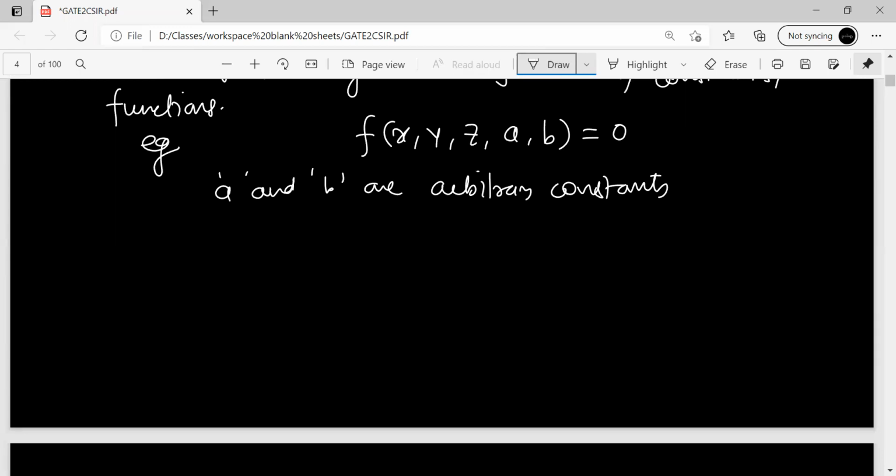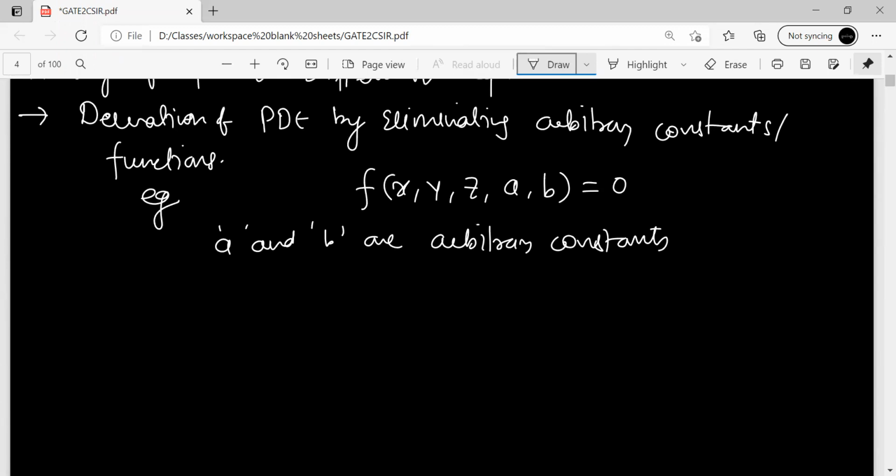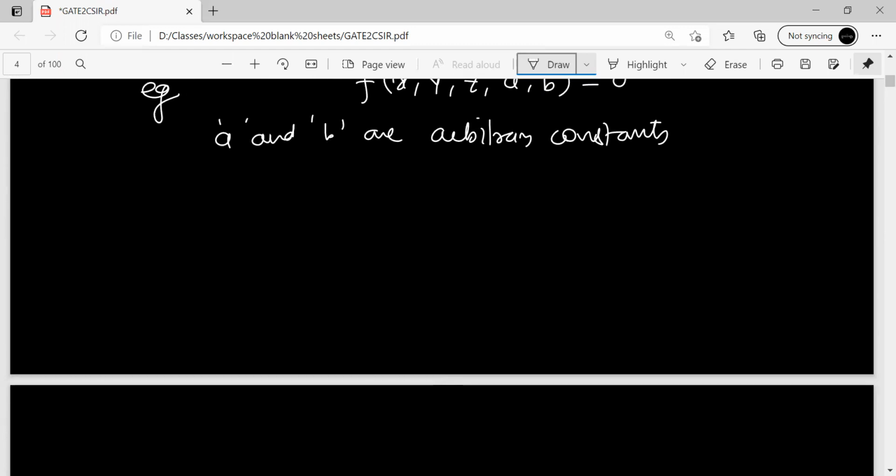So let's say I have an equation of this type, and I have to restore the partial differential equation for this. To do this, we have to remove these arbitrary constants. We have to eliminate them by differentiating partially or doing some acceptable mathematical calculation. Instead, let me take one example and then I'll begin with the cases and how they are dealt with. Say you have z equals to